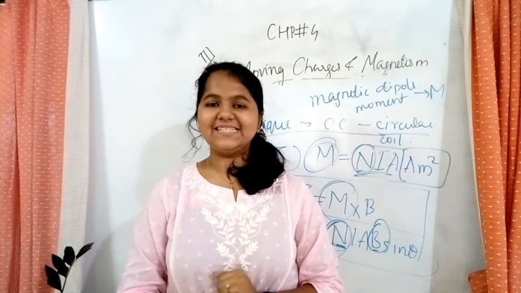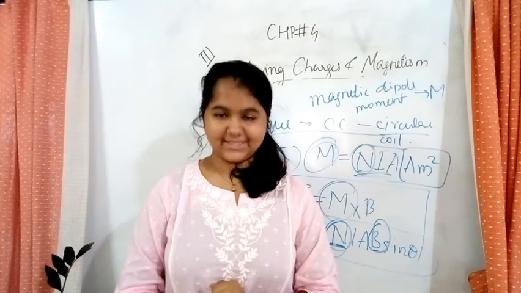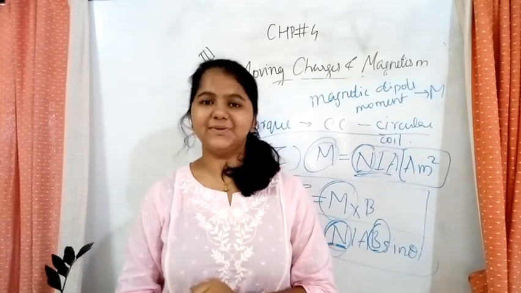So now let's discuss some of the questions. The first question is a value based question that we have to discuss. So let's hear the question and then do the problem. Question 1. Alka and her sister were watching a movie in which the phenomenon of aurora borealis was shown.